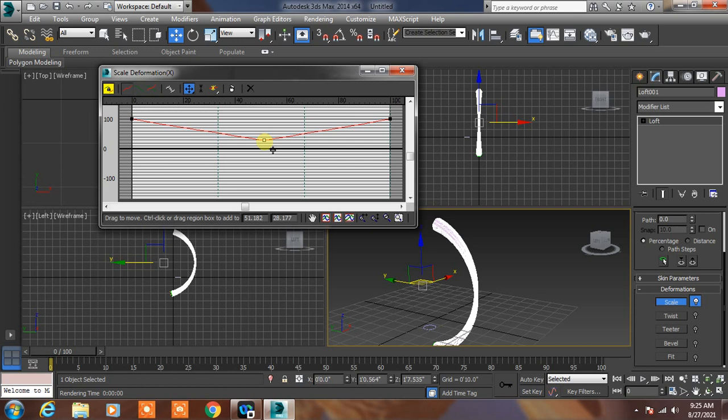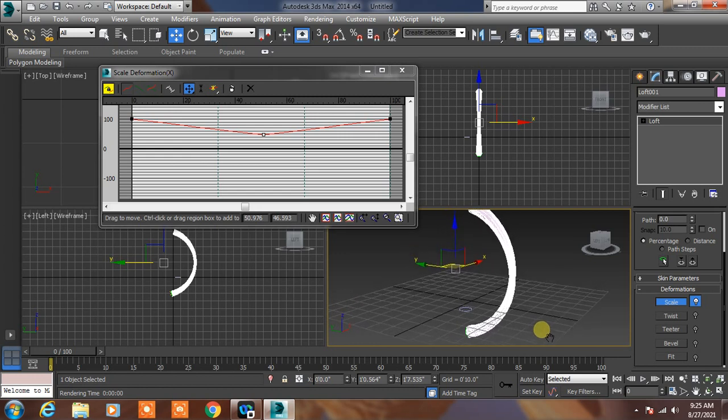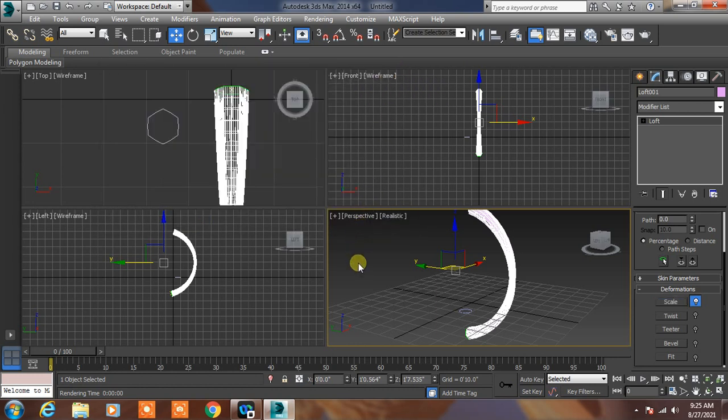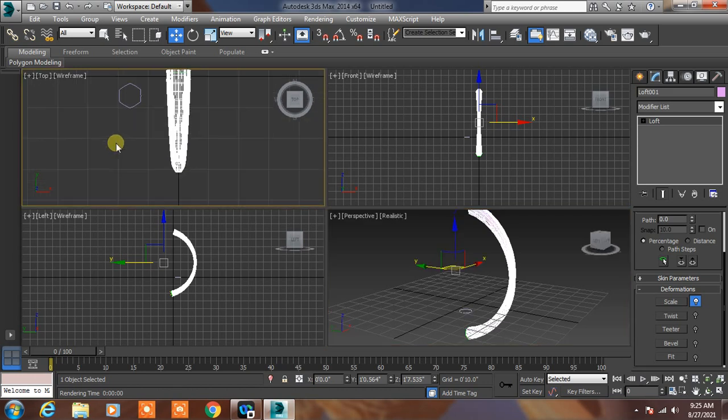In the center, if you drag this point, automatically the size in the center of the handle will be reduced. So this is the way you create and handle the shaping of loft.